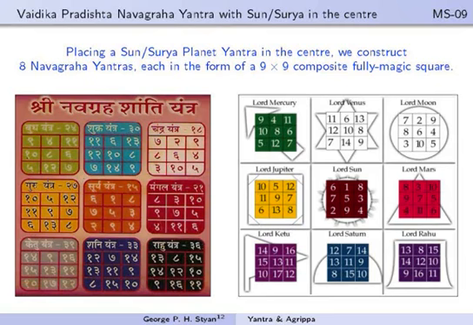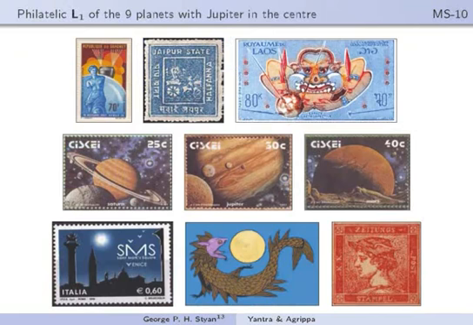We can construct 8 of these, as I will show you in a bit. I want to illustrate these things with postage stamps, and here is an illustration using postage stamps. It's a 3 by 3 arrangement. You'll see the stamp from Jaipur, which used to issue its own stamps, in the upper row center.